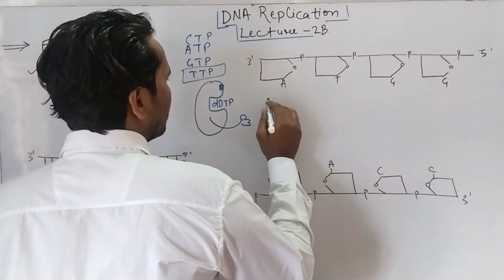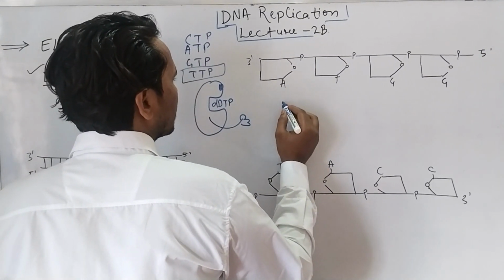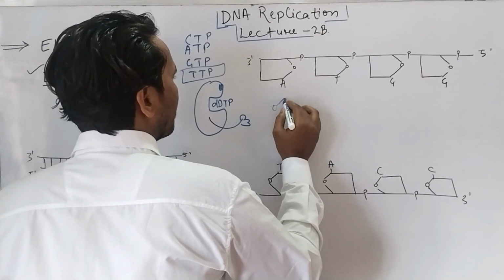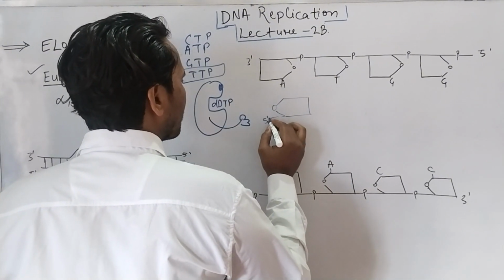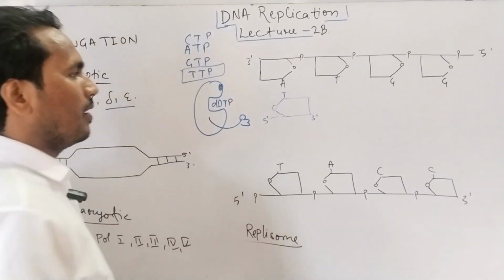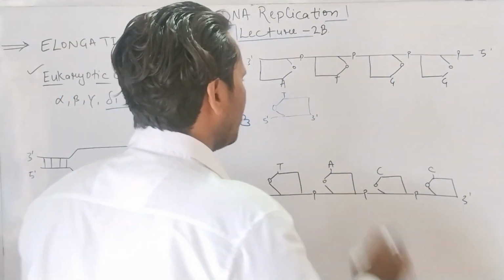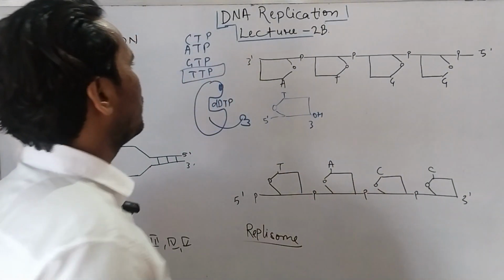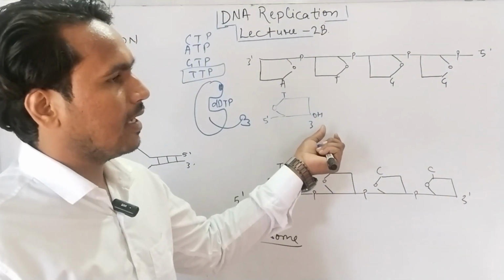Now whenever the new strand comes here, it will be like this. It will have oxygen here. Then this is the 5', and this is the 3'. Now once you attach a new strand, this nucleotide has a free 3', which has an OH group. This OH group is able to bind with any of the dNTPs, and once the new nucleotide is attached by a condensation reaction,